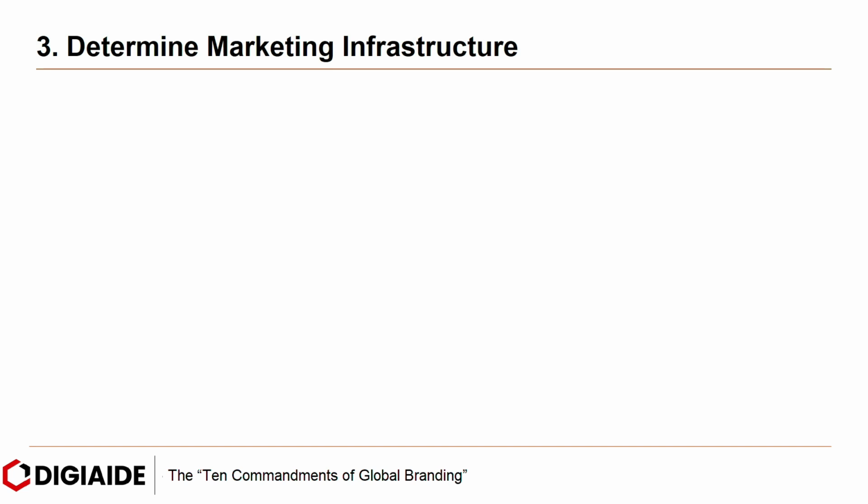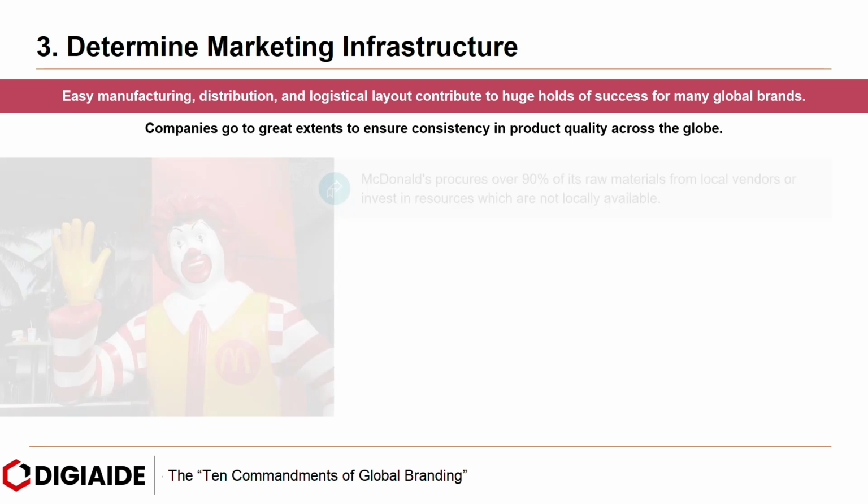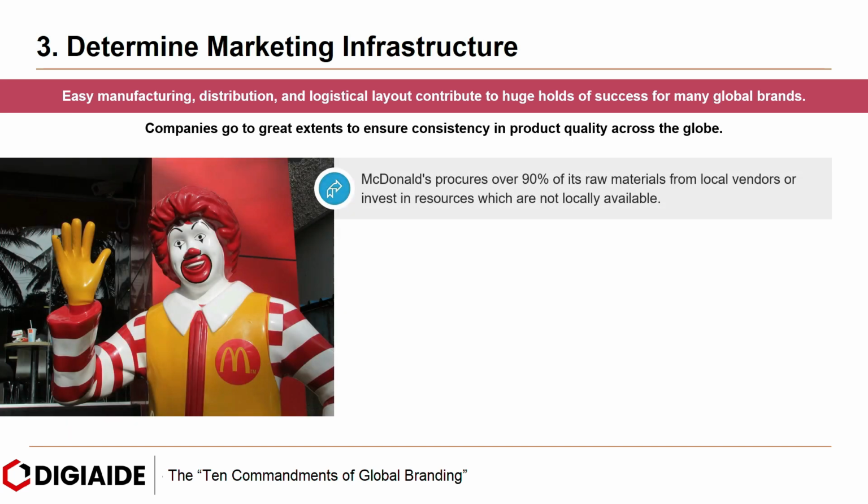Moving further to the third commandment, to determine marketing infrastructure. Easy manufacturing, distribution and logistical layout contribute to huge holds of success for many global brands. Companies go to great extent to ensure consistency in product quality across the globe. For instance, McDonald's procures over 90% of its raw materials from local vendors or invests in resources which are not